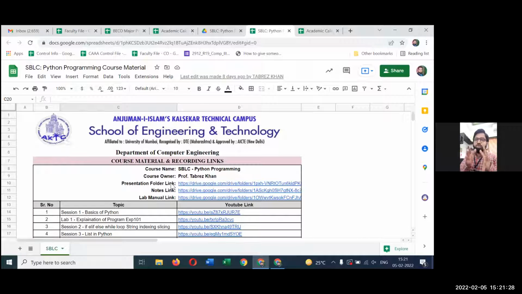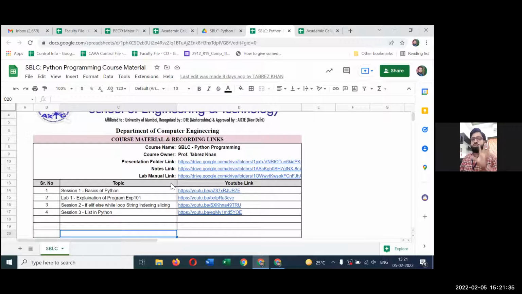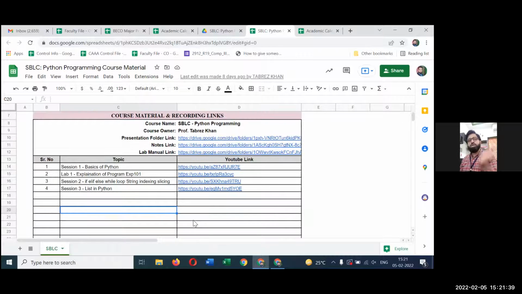And if I share this Google sheet with my students, what will happen? मेरे students को खाली ये Google sheet maintain करना है, और बाद में किसी भी YouTube की लिंक मुझे उनके साथ में अलग से शेयर नहीं करना है. Everything I put over here, my student will get access to. Obviously, they will get access as a viewer, so they can view only, they cannot change it, only I will be changing.